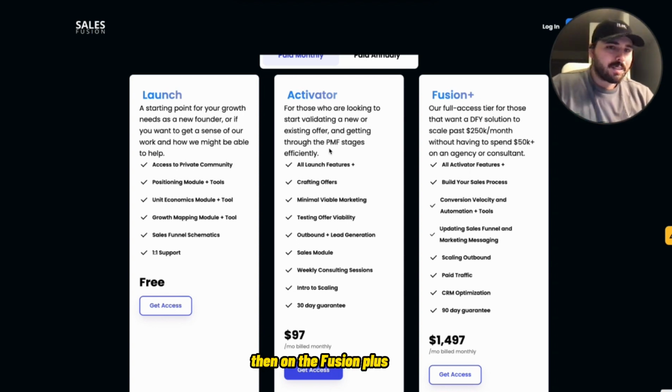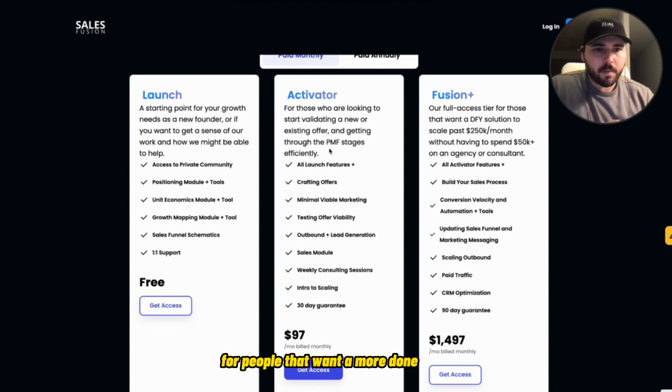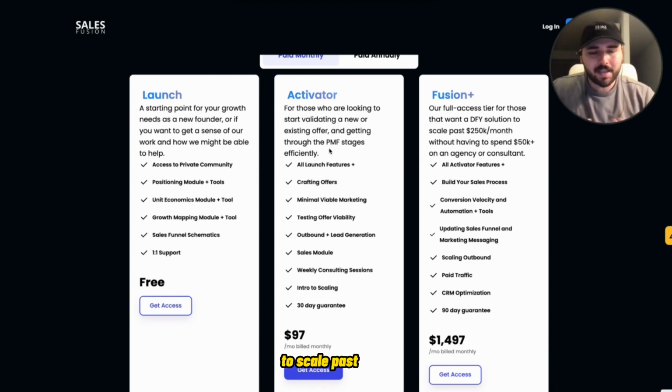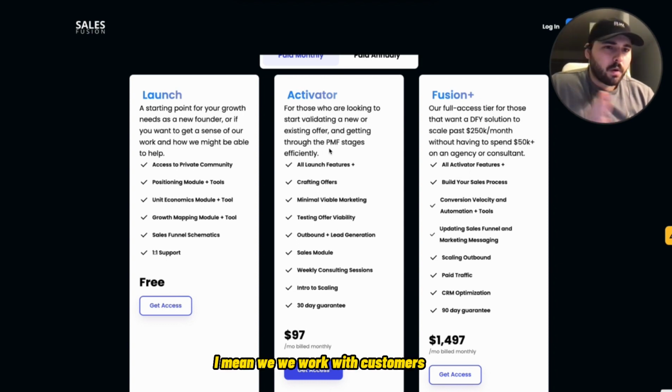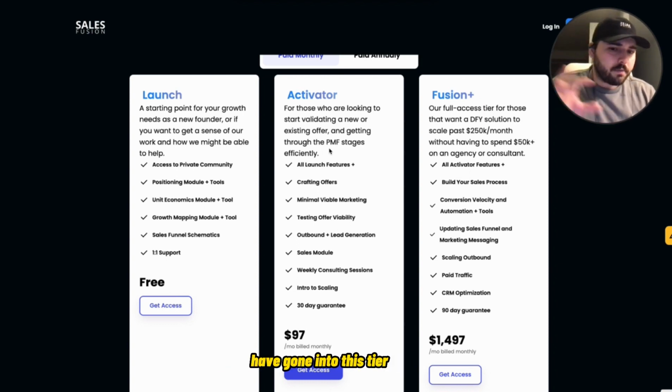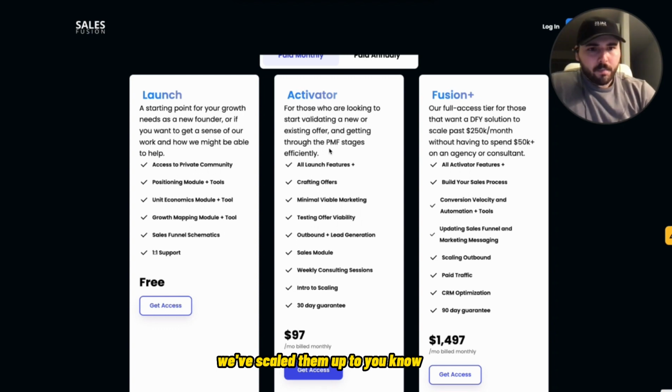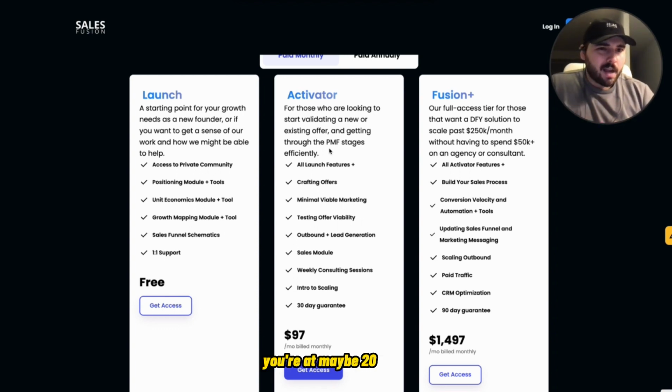Then in the Fusion Plus, this is our full access tier for people that want a more done for you solution to scale past $250,000 per month. Okay, and actually scale up to 250 as well. So let's say, we work with customers that are pre-revenue and have gone into this tier. We've scaled them up to 250, 270K per month, and then let's say you're at maybe 20, 50, 100K per month, and you need help getting to that 3 to 5 million ARR point very quickly, or 250 plus per month,